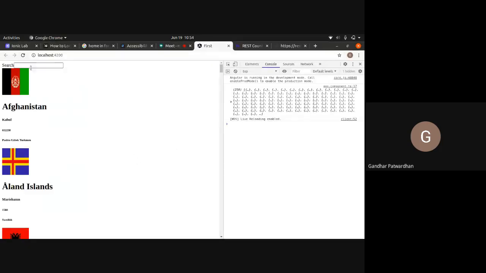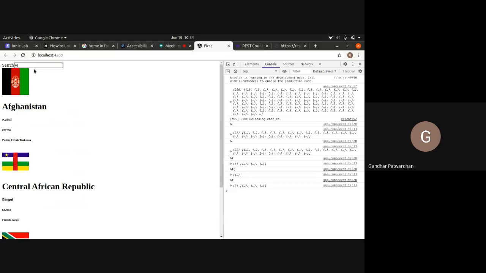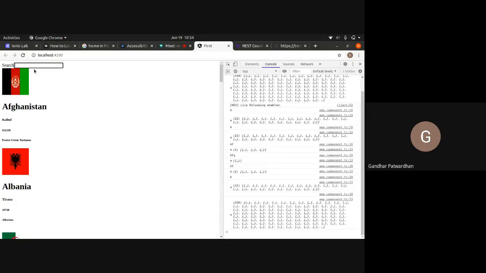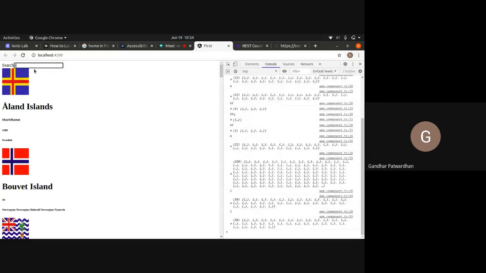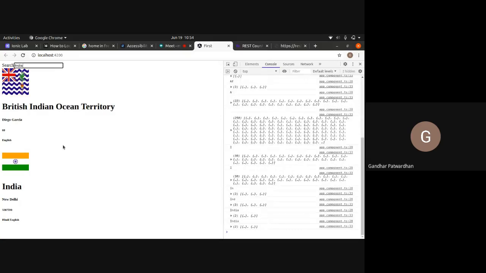Right now, initially we got that. Now I said AFG, we got everything. I remove one element, I remove G, we get all those containing AF. I remove F, we get everything. Let's search for India. I say INDIA. So we got British Indian Ocean Territory, I don't know which country that is, but we got that.